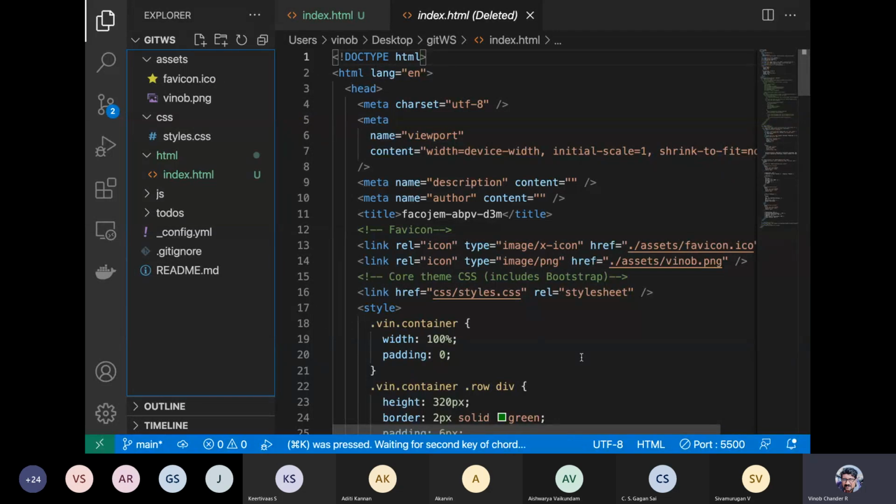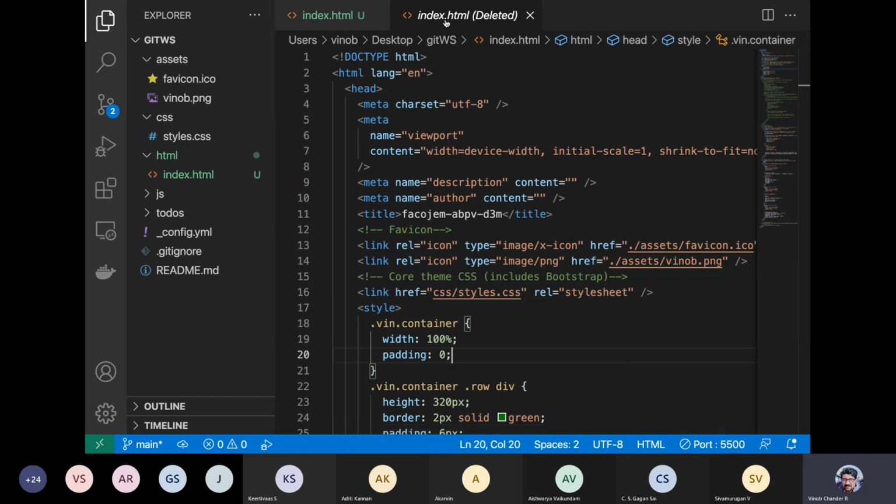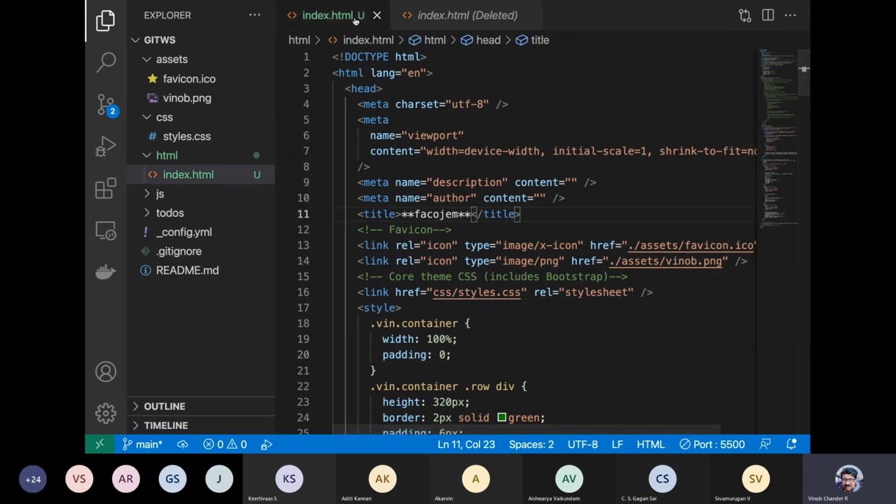Yeah, so that is diff, but again, the diff command, we are not able to get it. We need to see that index.html has been deleted. It is untracked here. Since we have moved that, and since we have done a restore, it is showing that U. So let us fix that by doing an add.